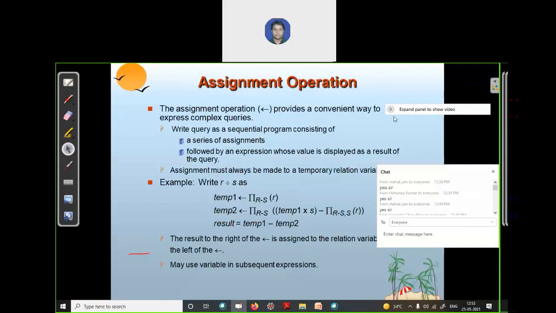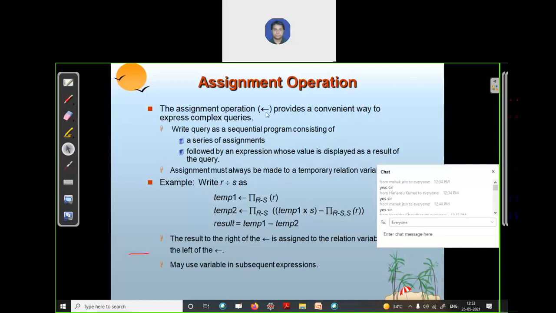This is an assignment operator we can use to write a complex query in a simplified manner. This assignment operator provides a convenient way to express complex queries, writing queries as a sequence consisting of a series of steps. This is not an actual operator we use in our query.